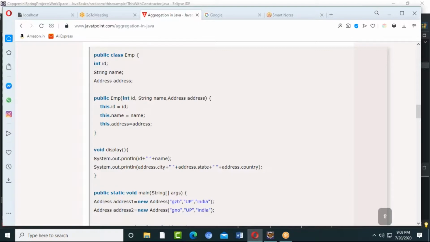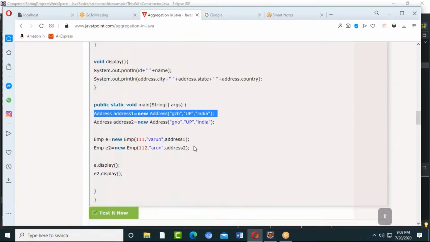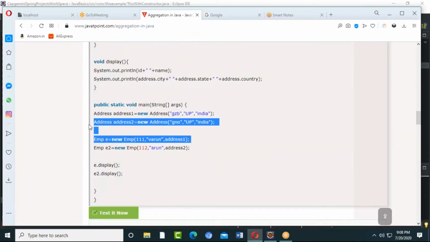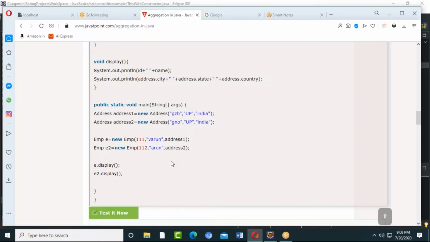We are going to create an address and pass it as a parameter. Employee has a dependency on address. I'm passing it as a parameter. Later, somewhere else, I create the address object and pass that object to my employee. That's a different story. This is called aggregation. Hope you got me.